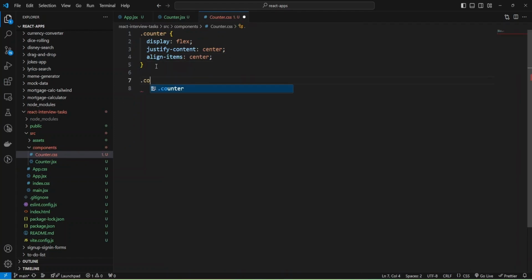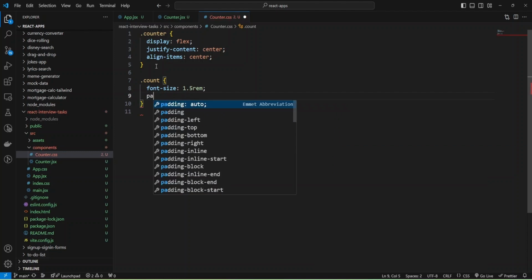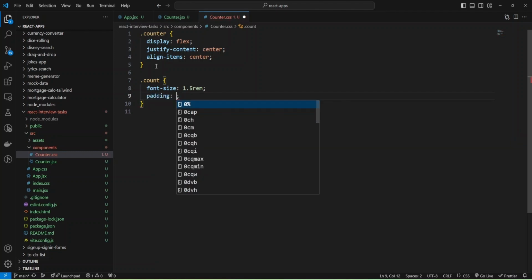And for count, I'll increase the font size and make it 1.5 rem. And also add some padding like 0.5 rem. And also 1 rem for left and right.